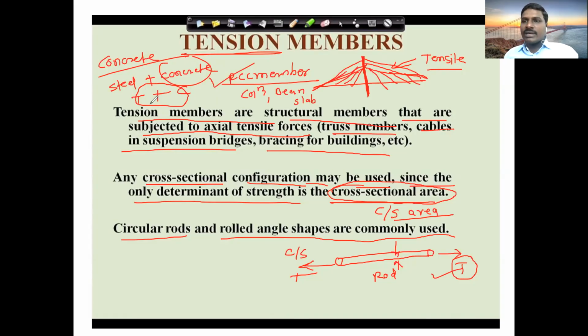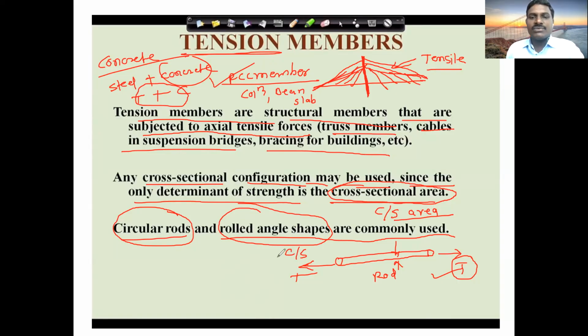But now we are talking about steel here. So this steel is taking tensile force. Here a circular rod is written, so that is the steel. Then rolled angle sections, as we have seen in the last chapter, welded connection. There one angle is connected to a gusset plate, and on the basis of that connection we have designed the welded connection, or we have found the strength of the welded connection. So we have seen how the angle looks. We find the CXX value from the steel table. Have you seen the angle?